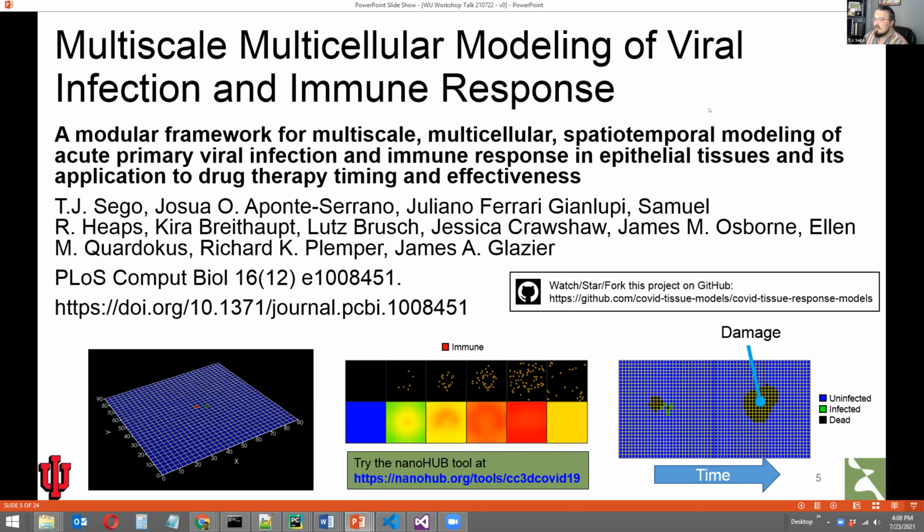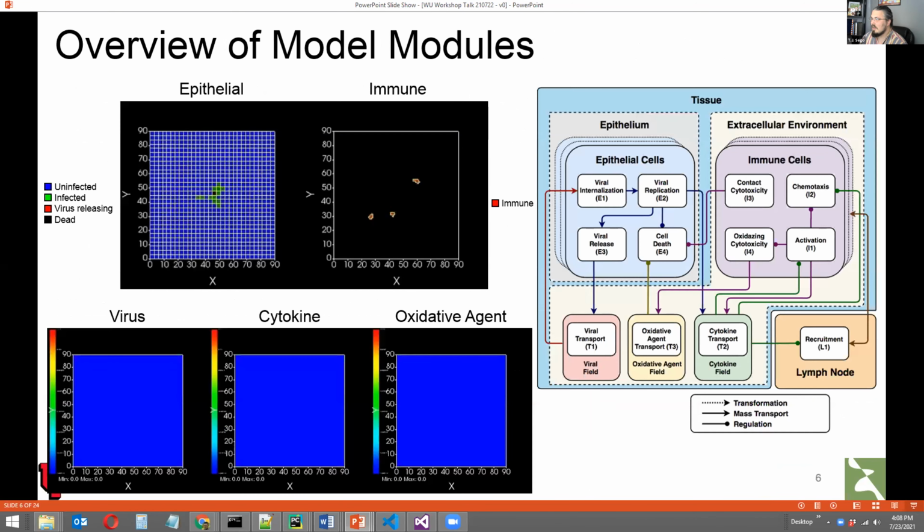In particular, this is a modular computational framework that we developed in CompuCell to be able to support large research groups, interdisciplinary research groups who may be working on different aspects of all of the complexity to do with viral infection and immune response, and to be able to work on those sub-projects concurrently, all while contributing to the same framework. And so maybe you can get a sense of that by looking at this schematic of models here.